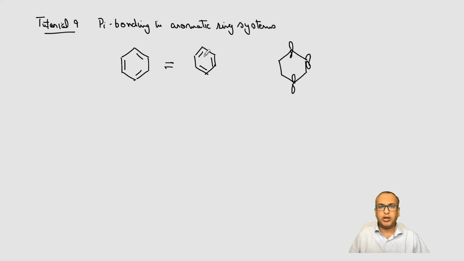So the benzene molecule is a flat molecule. If it is lying in the plane of the board, each of the pz orbitals is perpendicular to the plane of the board. Now each of these pz orbitals has a single electron, so that's how it makes 3 pi bonds, and these 3 bonds are resonating in nature, and the bond order between the adjacent carbons is 1.5. So 1 is coming from the sigma bond, half of it is coming from the pi bond, right?